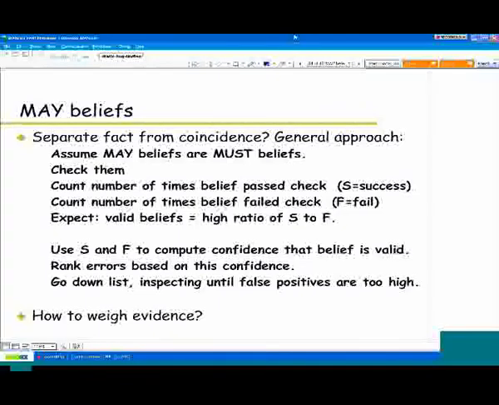Okay, so MAY beliefs. Again, these are beliefs where we're not really sure if the programmer has them or if they're just coincidence. So the way we're going to do this is we're going to assume they really do have the belief, and we'll just check the code based on that. So for instance, if I don't know if you believe A and B have to be paired, I'll just assume you do believe they have to be